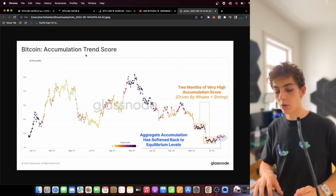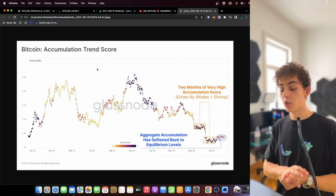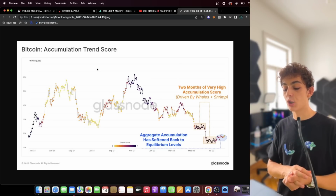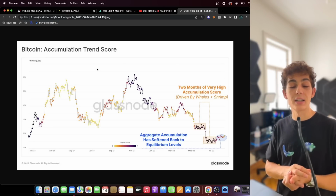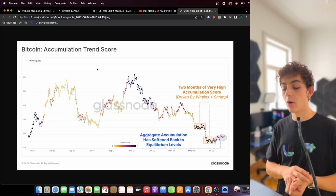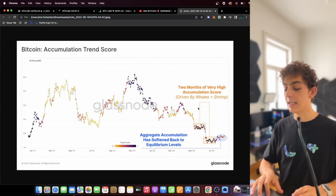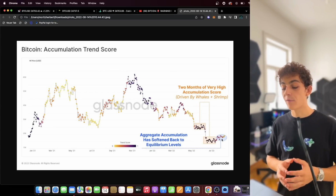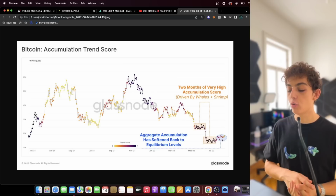But now guys, let's also talk about the Bitcoin accumulation trend score. This shows us, depending on how much whales and small players are accumulating, whether we are right now in a high accumulation or a relatively low accumulation, where not that much accumulation happens on chain. And what we can see is that we right now are moving out of this pretty much extreme